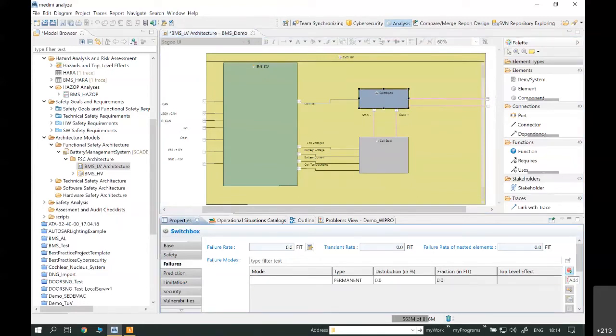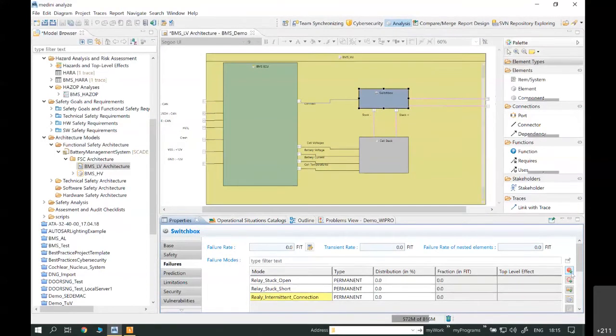Maybe in this case, relay stuck open is one failure mode, and then maybe relay stuck short is another possible failure mode. Maybe relay intermittent connection. Okay, so I have added a couple of failure modes for these architectural components, and it's very important